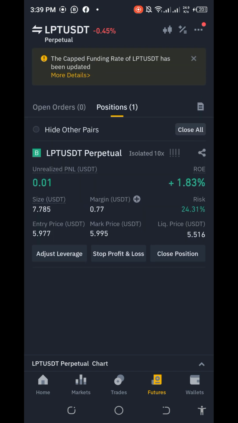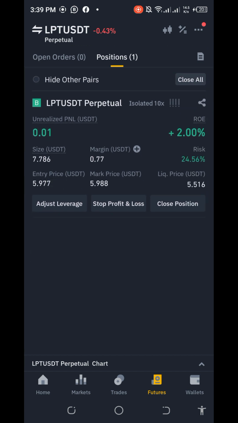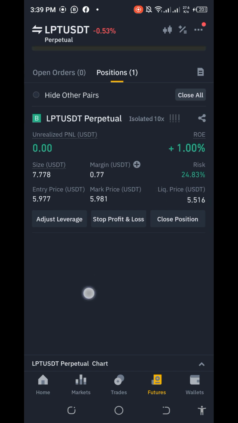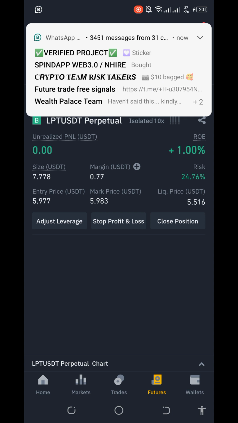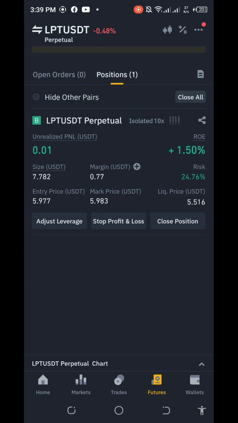Now, if you're in profit, all your profit will be showing here. Now, the liquidation price I told you about, look at it here. Look at the liquidation price. I'm using 10x. Now, for this thing to liquidate me, the market has to fall down